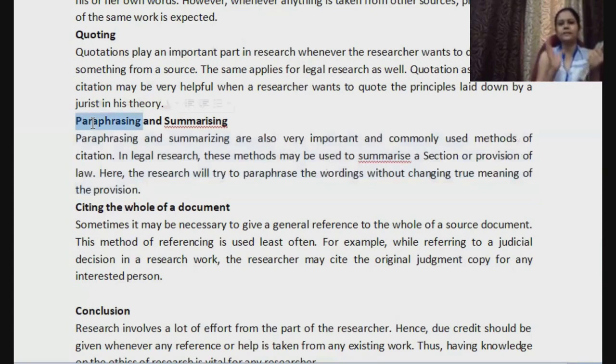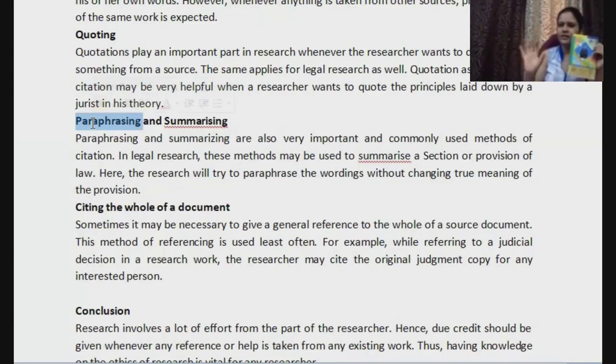What is paraphrasing? Para is like a paragraph. You are rephrasing it. Okay, maybe there is a very complicated provision that says this is how you need to fill the form for the LL.B course in KSLU. This is what the fees are. This is how you need to proceed. This, that. It's very complicated. You try to simplify it. That means the information is the same only. Whatever is there in that document, you are writing the same thing, but in a simpler, more easy to understand way. So that is nothing but paraphrasing.